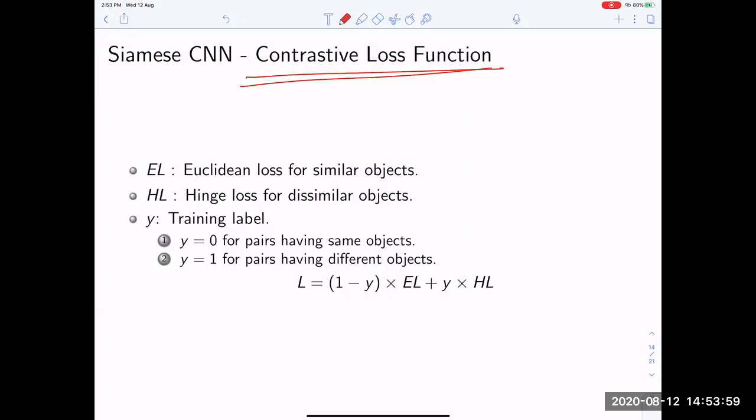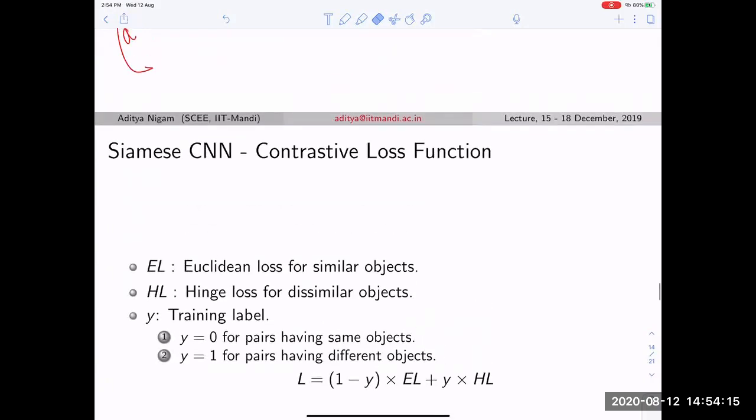Sir, I think if the two points are at a very large distance, then we still consider the loss as zero. Yes, they are very far, and my loss is zero. Why? Because they have to be very far, na? Because they are negative things. That is why the loss is not penalizing, because they are very far. So this is anyway okay. That is what you have implemented.